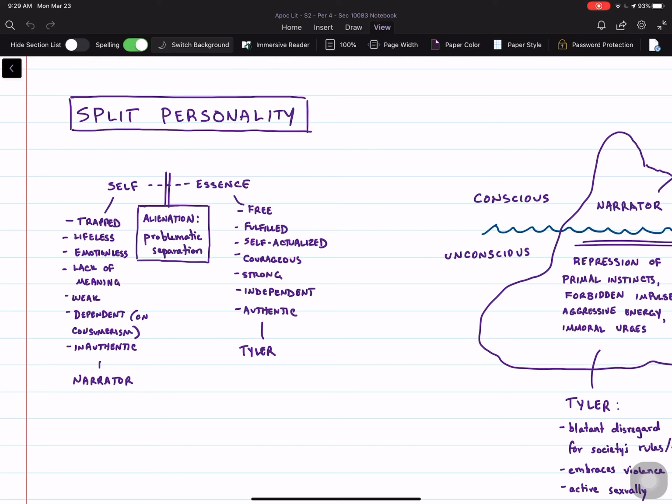Moreover, if we then contrast it with Tyler, we can see that Tyler is the exact opposite. He has a blatant disregard for society's rules and morals. He embraces violence willingly. He is active sexually in terms of his relationship with Marla. And so we can see here that Tyler represents perhaps the unleashing of these repressed forces. And once again, the fact that the narrator himself doesn't feel like he can totally do this, that he has to create an alter ego without even being conscious of it, I think just is dramatizing how severe this repression